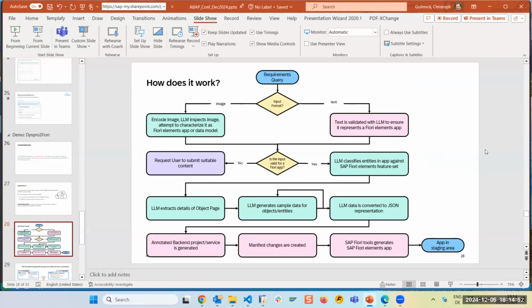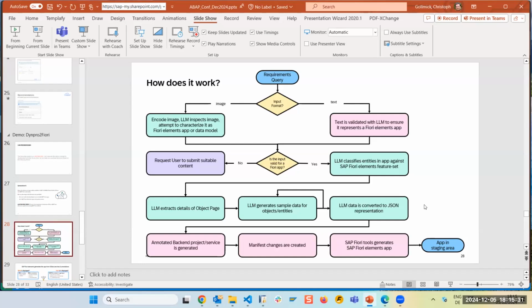So what is an object page? How many object pages do I need? Do I need a list report? Do I need multiple sections? And this is now the work done in the background. And if this information is digested, then we create a JSON model of the application. So we are not creating all the artifacts of the application, but there's an intermediate model, which is a simplified description of the application. And this we then use with our tools, the procedural tools, to generate the project and apps out of it.